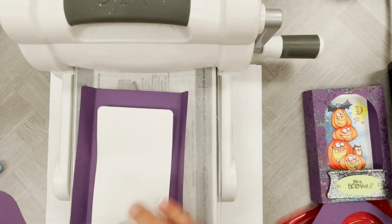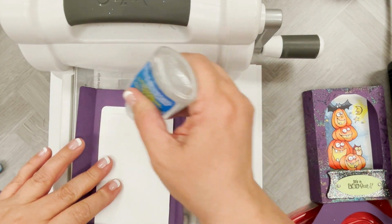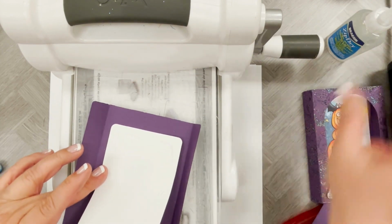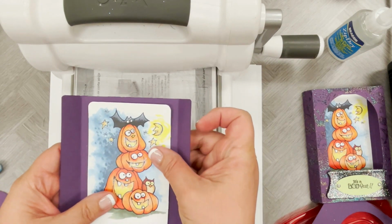So we're just going to do that with a little bit of zip dry paper adhesive. You could use a tape runner, whatever you like to use. So you don't need very much. I just do a little line on the outside and a little bit in the middle. And go ahead and center that in the middle of the